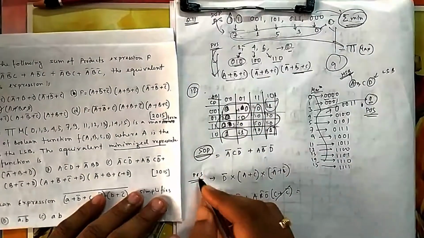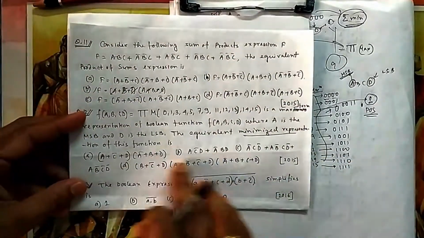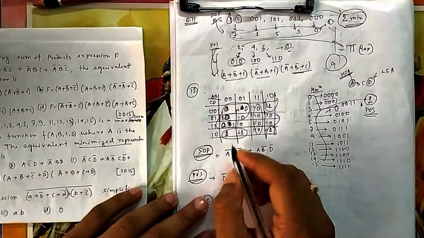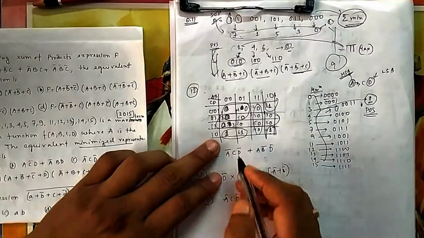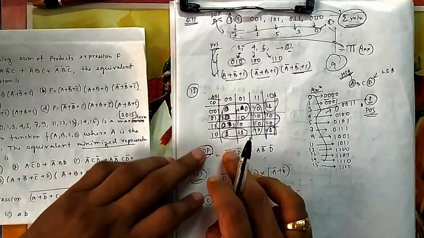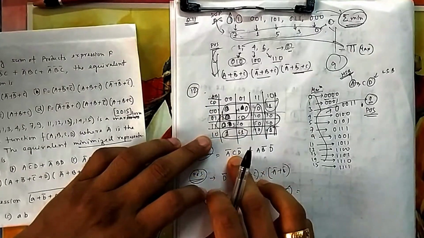Now you write in both formats, SOP and POS, because in the options you have both. Some are written in SOP format, some in POS format. So let me write it in this fashion and then see. If I write 1 once, then this will represent this one, because what is not changing here? A is not changing, so A bar, and here C and D are both not changing, so C and D bar.